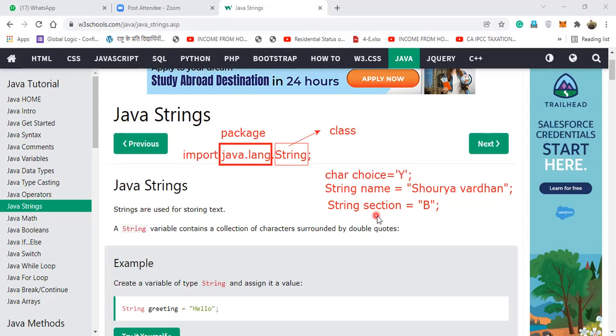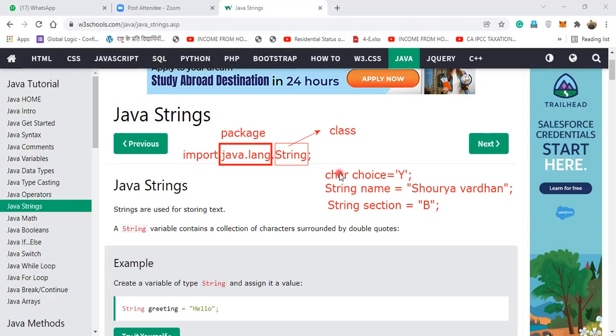It is a single character value, no doubt, but since it is enclosed within double quotation, it acts as a string. If you write a single character inside double quotation, that becomes a string. But if a single character is enclosed within single quotation marks, then it is a character.